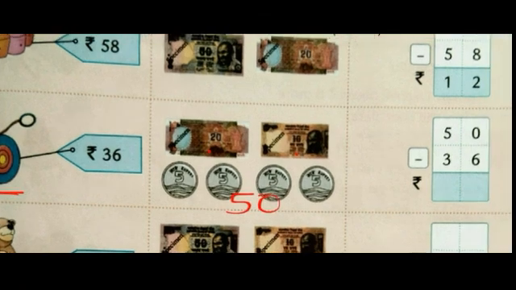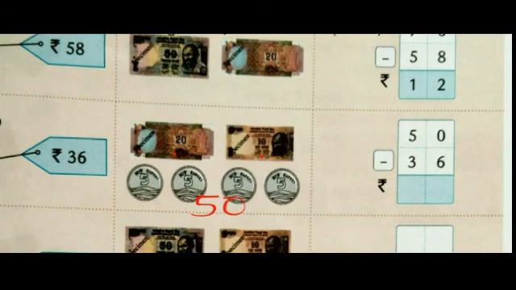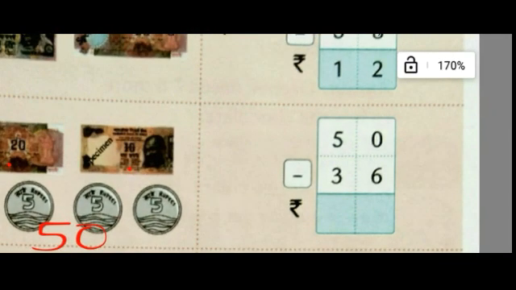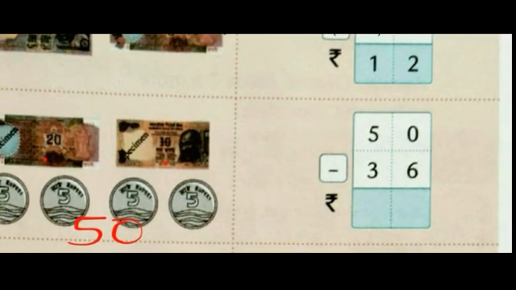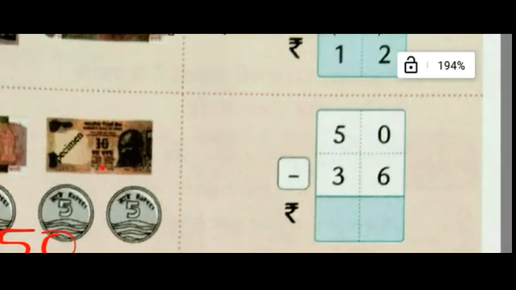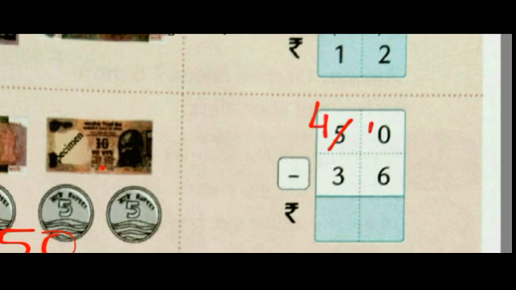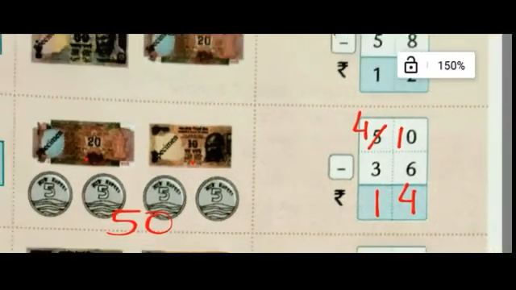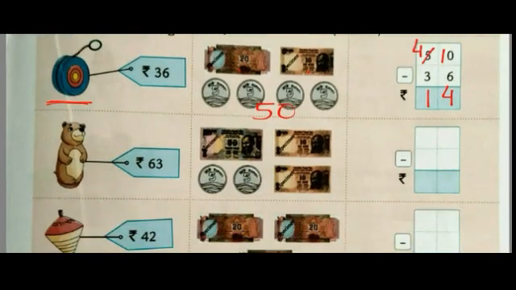Now how much he will give you back? So for that we need to subtract whatever you gave him. From that, the total cost of that toy we have to subtract. So let's do it. Okay, here the numbers are already arranged, so we only need to subtract. 0 minus 6 is not possible, so we will borrow from the tens. 10 minus 6 will give you 4 and 4 minus 1, 4 minus 3 will give you 1. That means he will give you back your change is 14 rupees. Okay. Let's see the next one now.